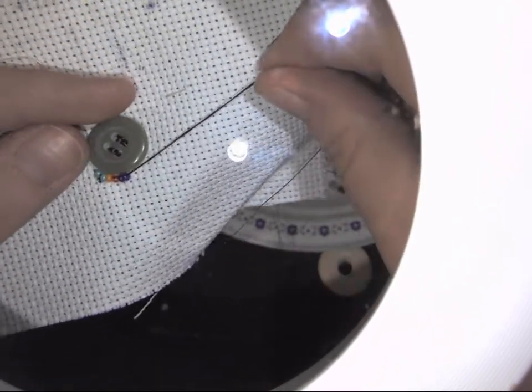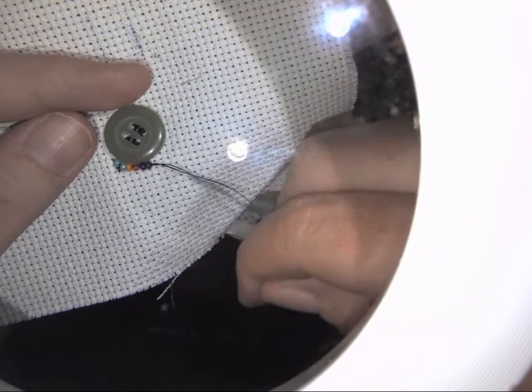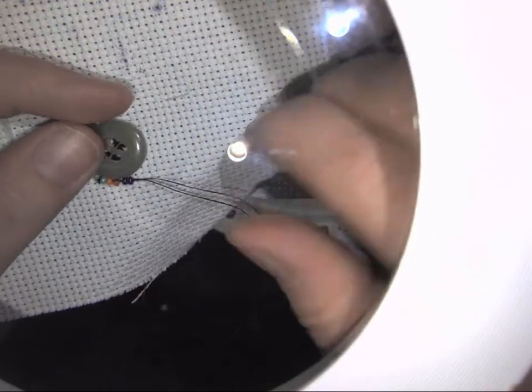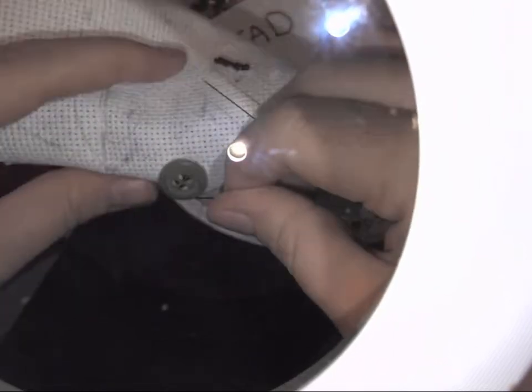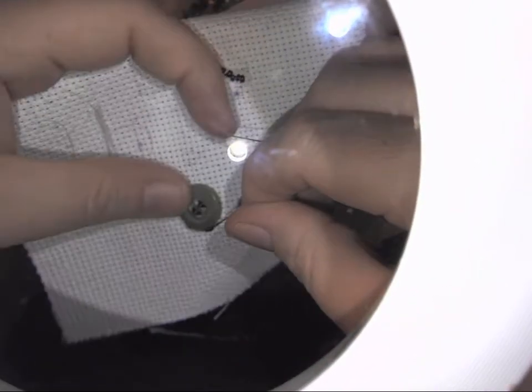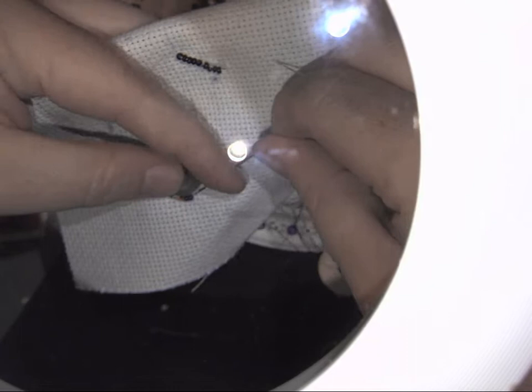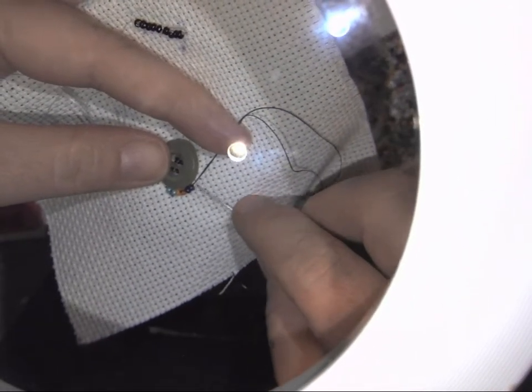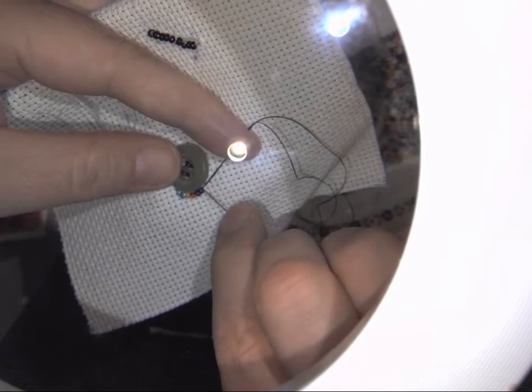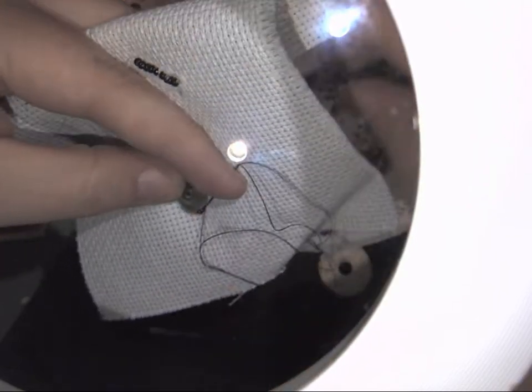See, I'm going around the edges of this button, and it will curve around. So that's kind of what you want to do. You just do the exact same process where you tap it in place the same way I showed you. Tap, tap, tap, and then stab down where you want it to be. Pull through,